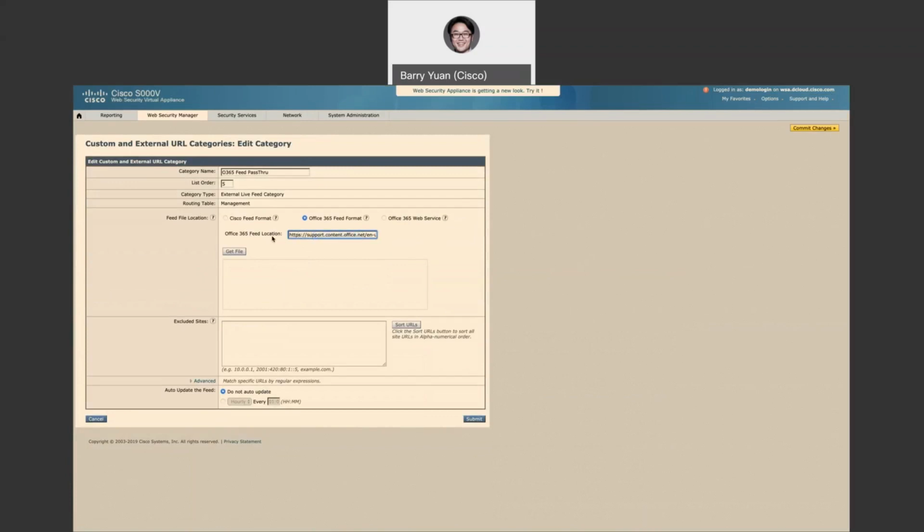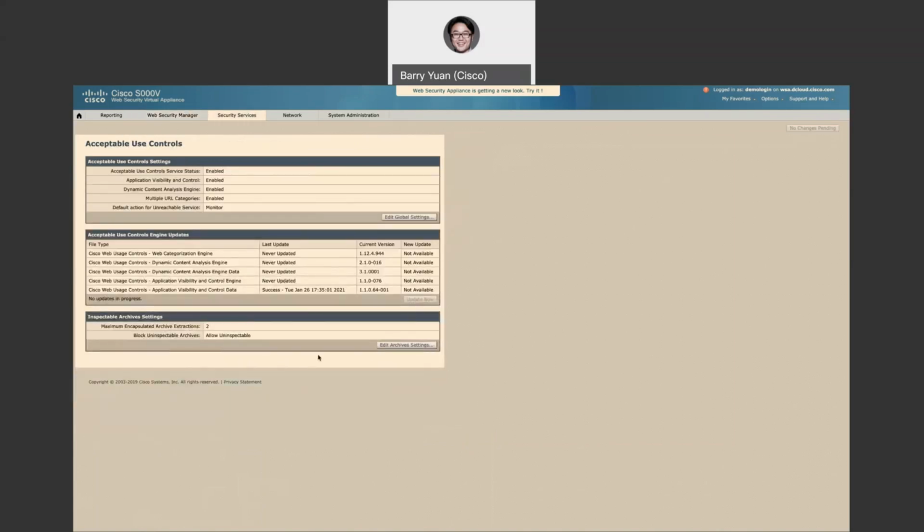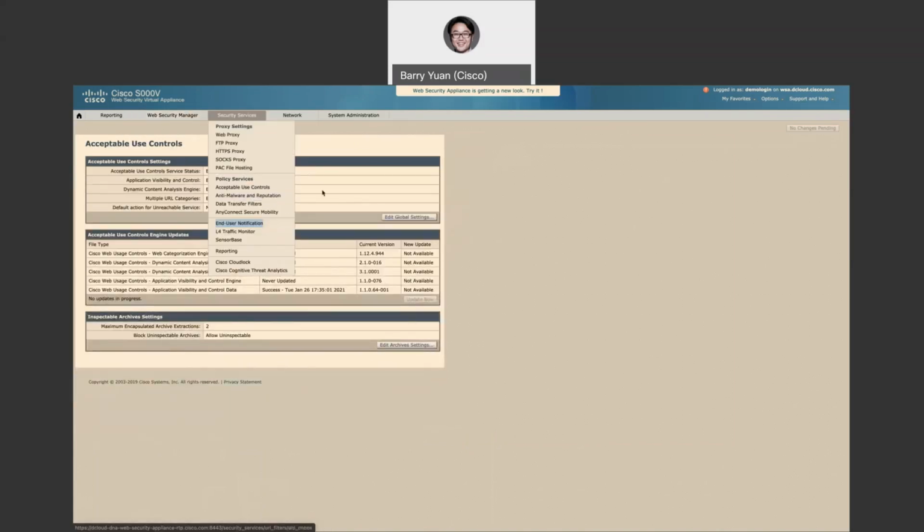So this is a very important feature that we can take. WSA can go download this list and put it into the dynamic category, so we don't have to update it manually from time to time. And then we can define the actions on these user defined or external URL categories. Another thing is the